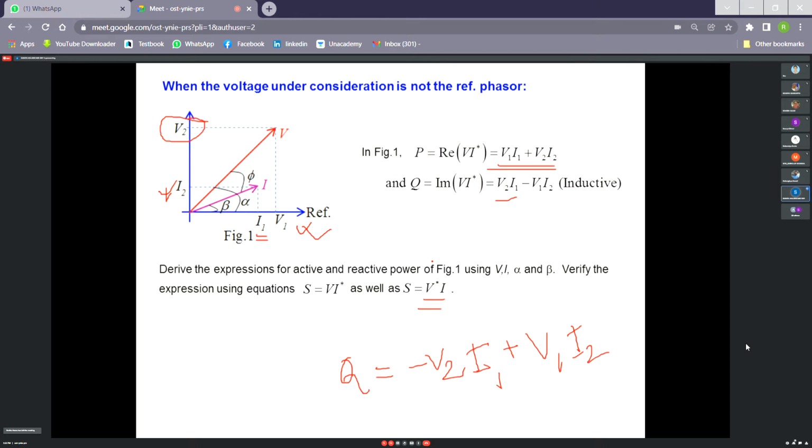Because if you do not use V conjugate I, if you just do VI, then what will happen? This VI at an angle phi, minus phi or plus phi, then this plus sign will not come. It will come as negative. Because 1 plus j into minus j should come, minus j square, then we can get the positive, otherwise not. So in that case we cannot calculate active power properly. So to calculate active power properly, we use the conjugate, right? We do not use the conjugate for inductive power, reactive power. We use the conjugate to get the proper scenario of active power. Otherwise it will be wrong. Have you understood?